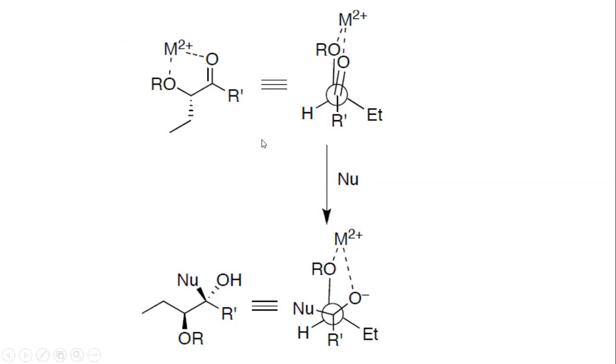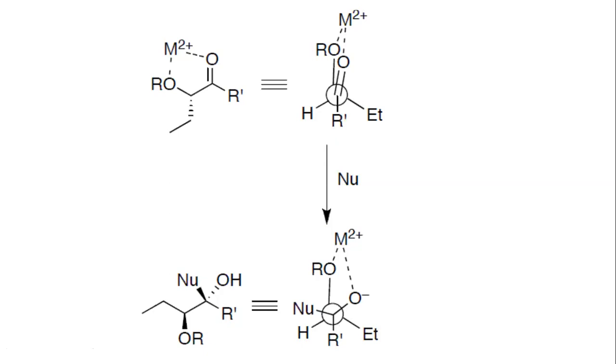The nucleophile comes from the side of this hydrogen. So this and this will move towards this ethyl. So this C double bond O will become a single bond O minus. Then it will get protonated and become OH, and this R is this. See, the nucleophile is coming from the side of the hydrogen. Then these two will move a little towards the ethyl group.